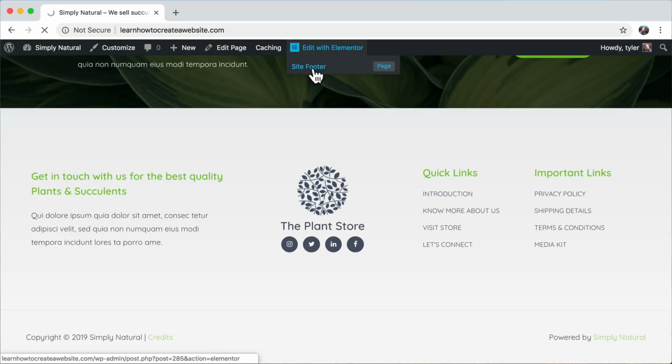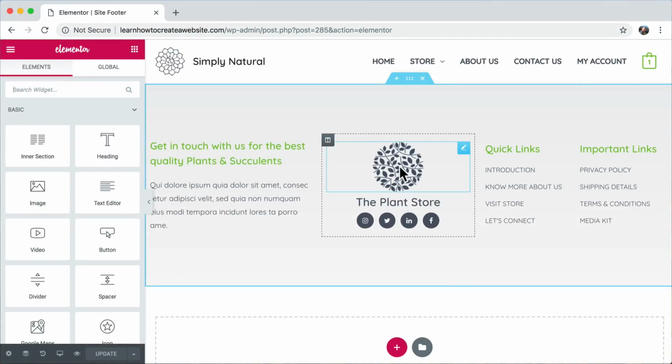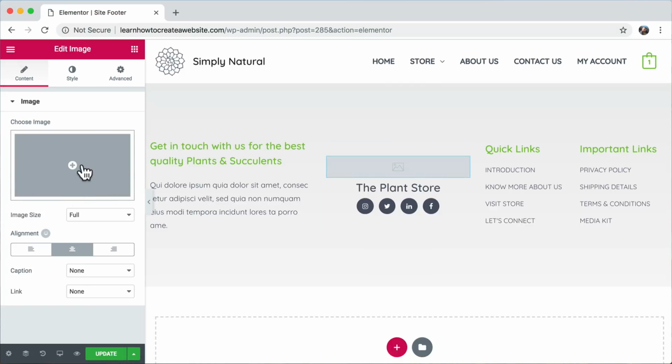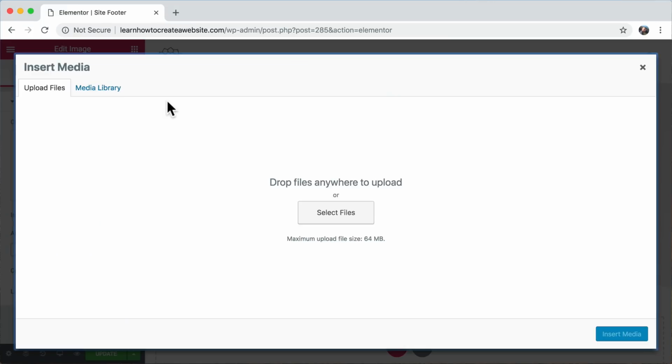So just click on that, where we can edit the footer. All right, so now we're editing that bottom part. Yeah, just the bottom. So we click on that, and then let's delete this one, and let's add in our own